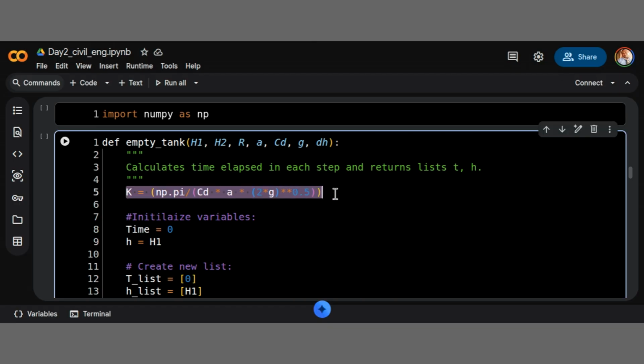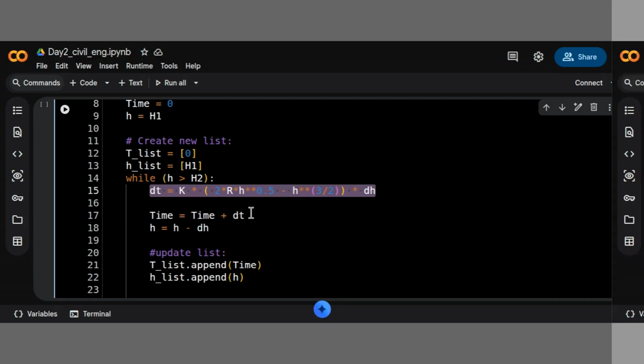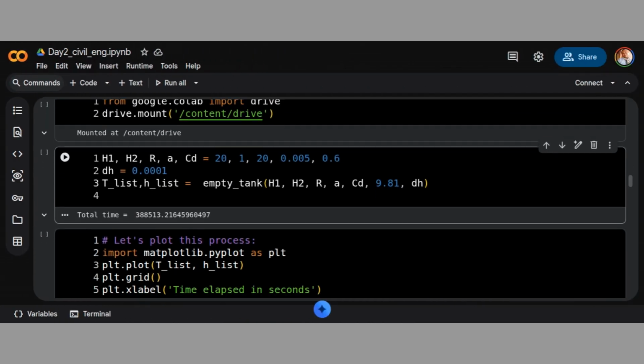So this is the formula we're going to use. And when we use that formula, we initialize the variables of time as 0, and h is equal to h1. So we create a new list here by doing this, and then the h list by doing this. Okay, so while h is greater than h2, that is this h, then the change in time is going to be this. Okay, and therefore, when you compute, you have